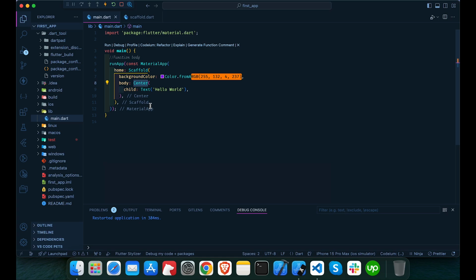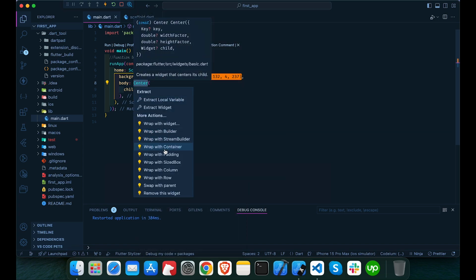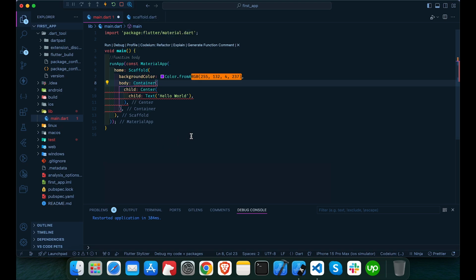wrap a particular widget with a container widget is to just right click the widget which we want to wrap, click on refactor. Now we can click on wrap with container. Once we wrap with container, you can see that the container widget has wrapped our center widget. The container widget is very useful for styling and layout, which I will be covering in the later part